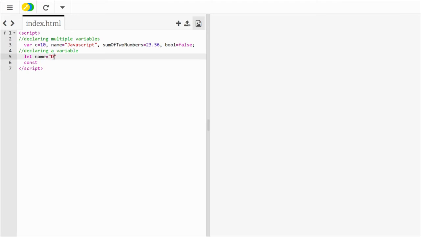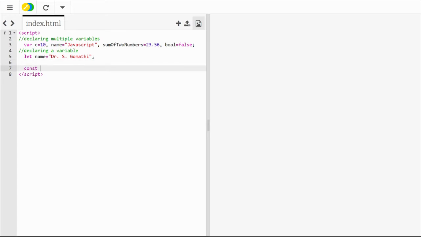Here I'm giving name is equal to Dr. S Gomati. I'm just creating a constant variable here. And here I'm declaring a constant where I'm giving the value for pi, because pi is a constant, right?